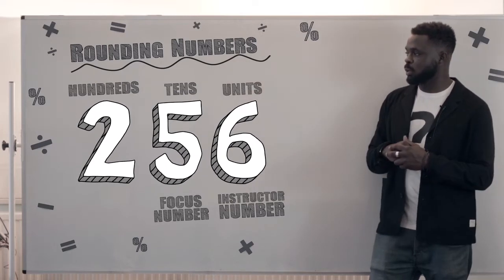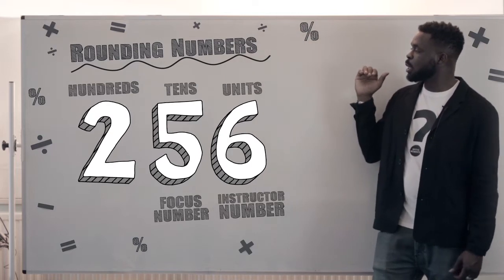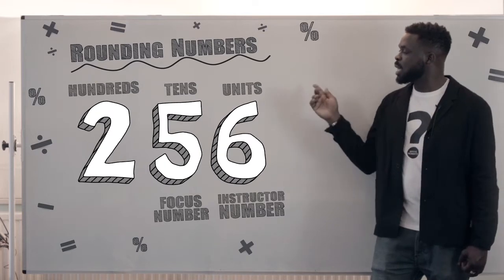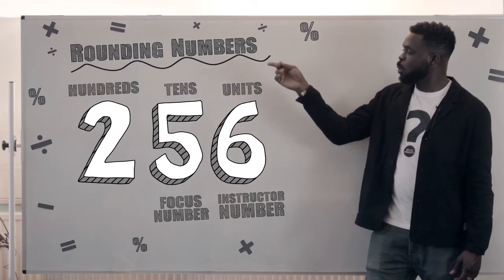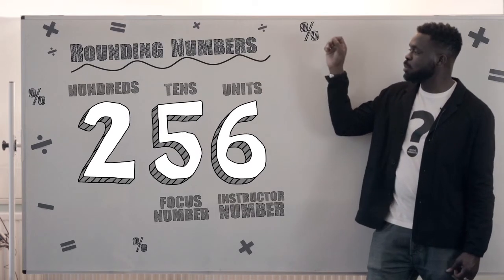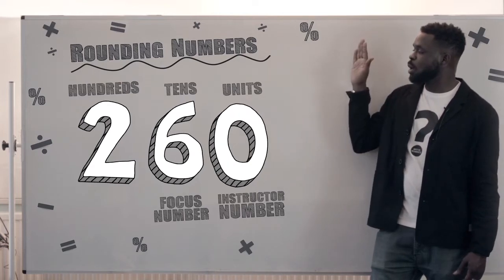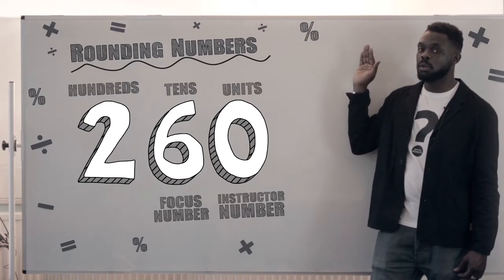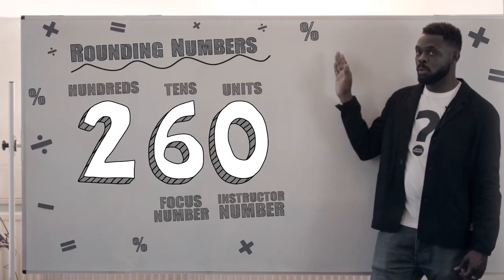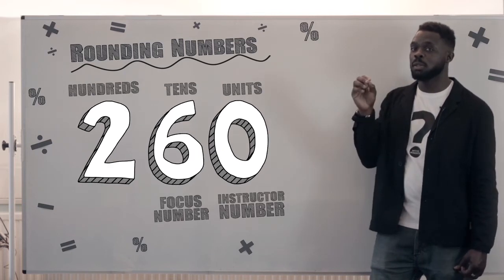And let me show you how that's done. So, in this case, your instructor number is 6, which means it's more than 5. It says that we should move our focus number up by 1. So our 5 becomes a 6. And rule number 5 says everything to the right of our focus number now becomes a 0. So therefore, the 6 becomes a 0. So 256 rounded to the nearest 10 is